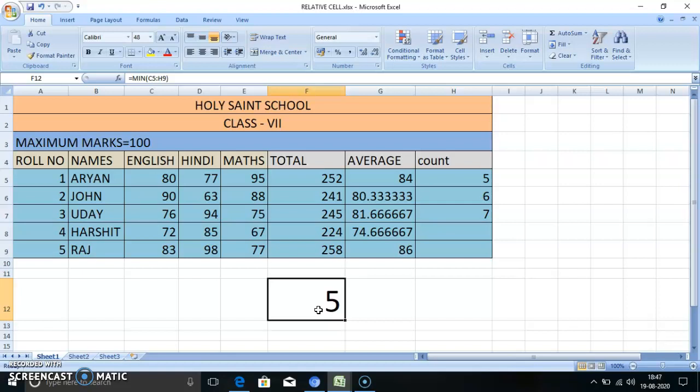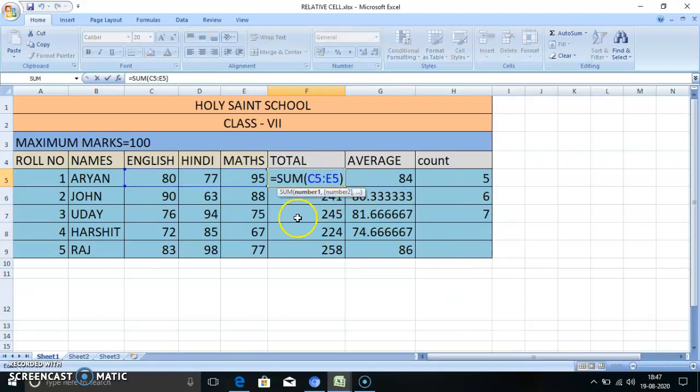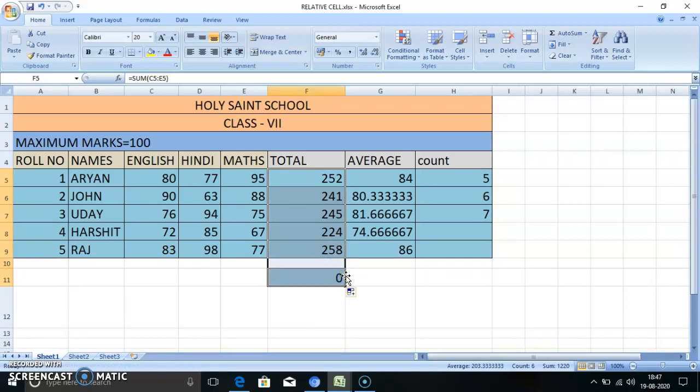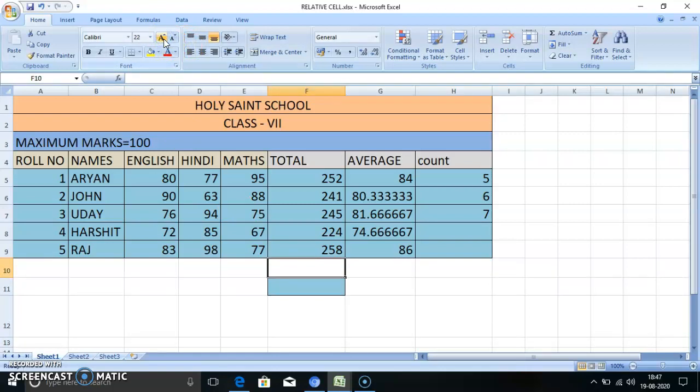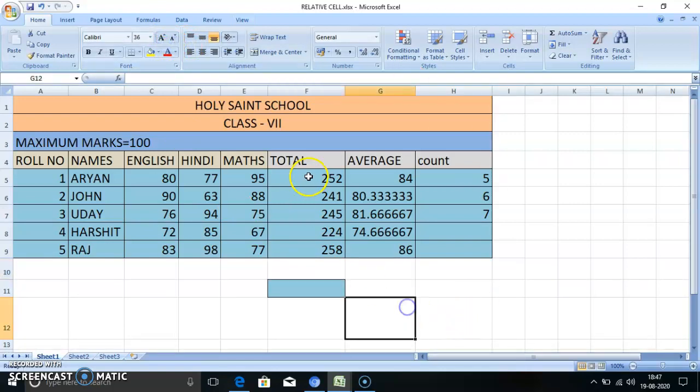Now see auto sum. What is auto sum? Auto sum means, like, I want to sum all these numbers. Okay, I'll click here up to the last one. I'll keep the size a little bigger so that you will be more clear.